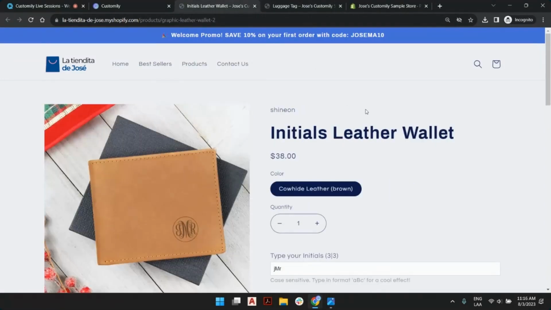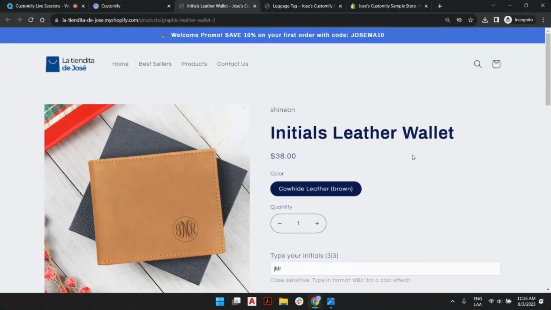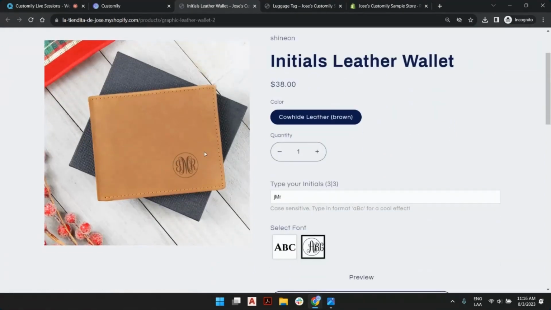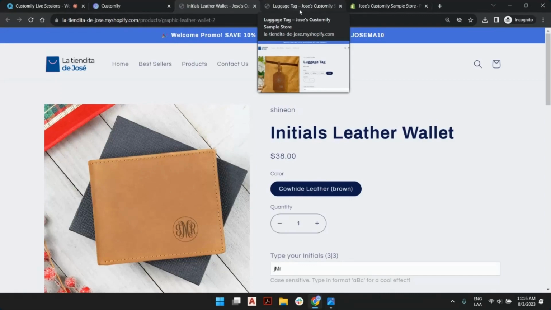Now, for the leather wallet, we're going to be working with a print-on-demand provider, in this case Shinon, that has this product already. And we are going to create our own design. In this case, we're going to create the design of the initials. Then we are going to see how easy it is to clone that design that we created and change and